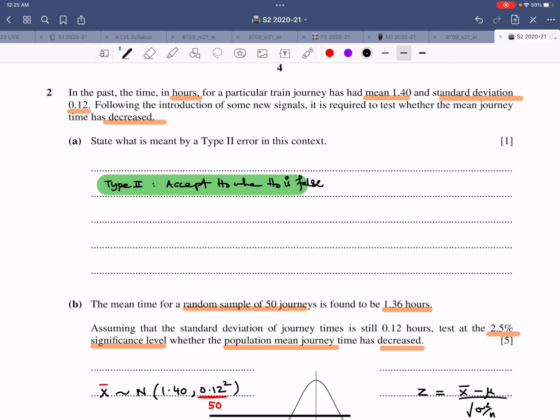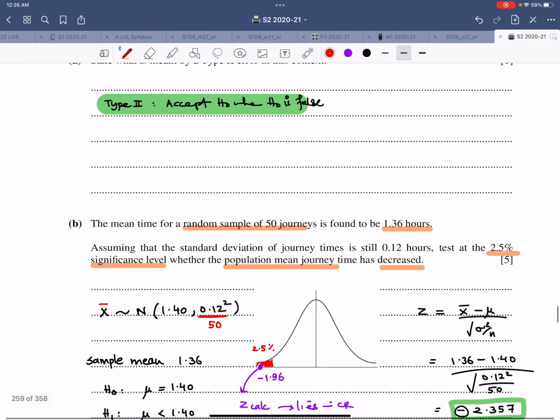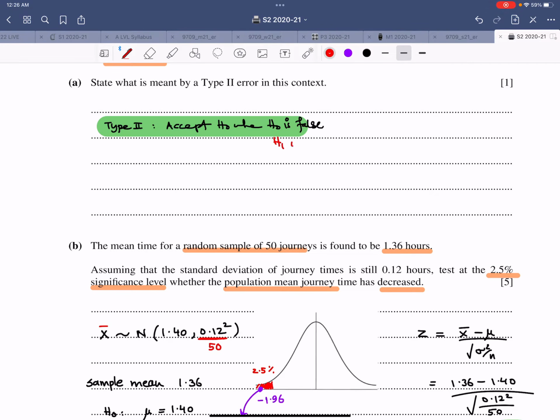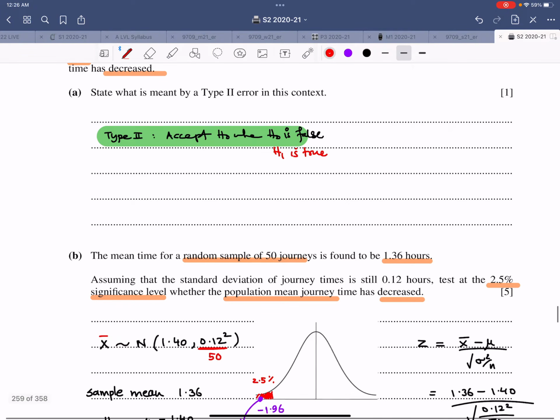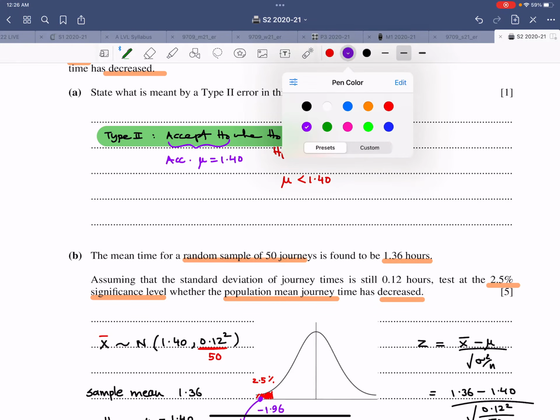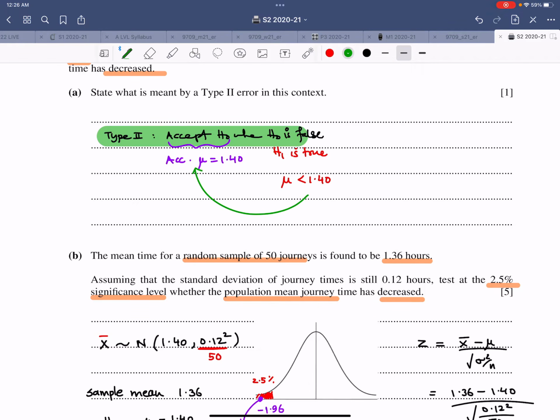Now when H0 is false, that means H1 is true. When H1 is true, that means mu is lesser than 1.40. We are accepting H0. We are accepting that the mu is 1.40. Now join the two statements like this. So now what is the conclusion? The conclusion is even though